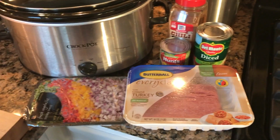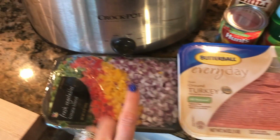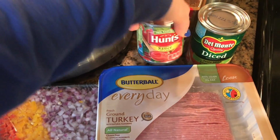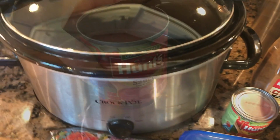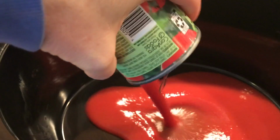All right, so today we are doing the world's easiest chili. Thing of ground turkey. I buy this already chopped. If you watch my videos, you will know I go for the easiest way out. Tomato sauce, diced tomatoes, and you can use a package of just chili seasoning, any kind, in the crock pot for the day. All right, so first thing I do is I put in a can of tomato sauce,